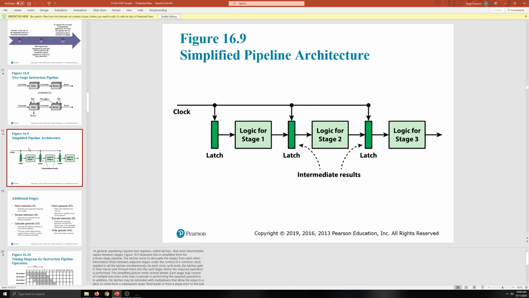Okay? So then the book goes ahead and talks about latches, which are fast registers that store intermediate values between stages. You can read about how they serve to decouple the stages from each other and how to flow the information between the different layers of this. So you can go ahead and read about latches and whatnot. But I'm going to move on to talking about more complicated